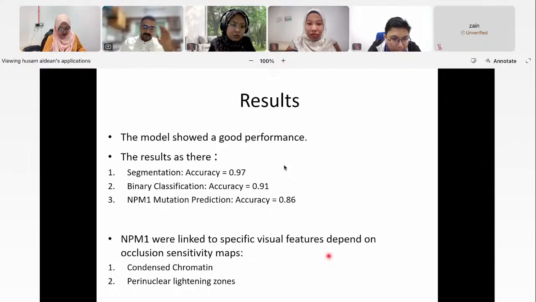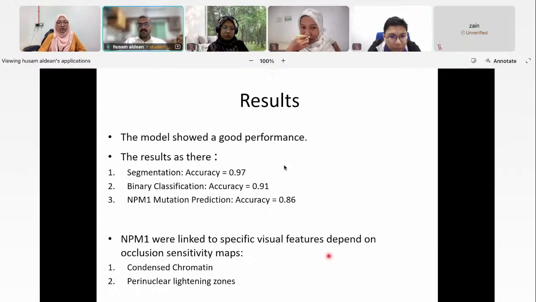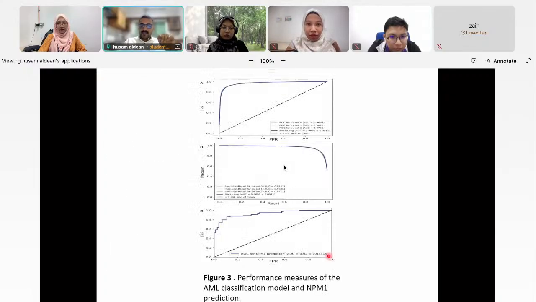So the results we get from these models show morphological features for the NPM1 mutation cells, which are condensed chromatin and the pre-nuclear lighting zone, which we will see after this figure. This figure represents more performance measures of the AML classification models and NPM1 mutations. In A, we will see the